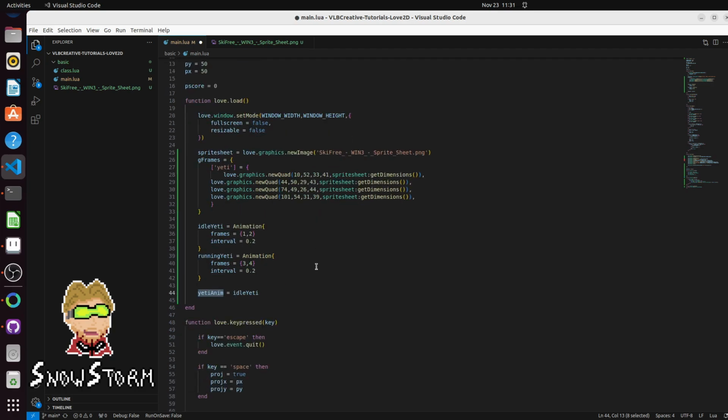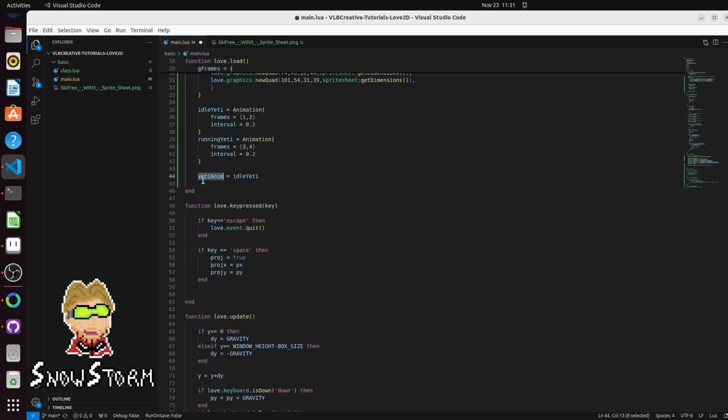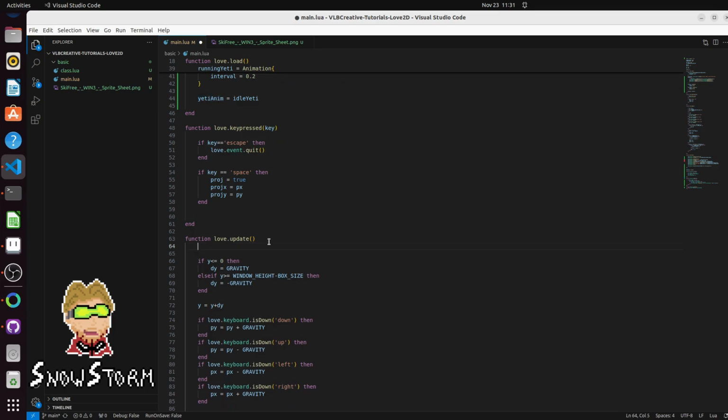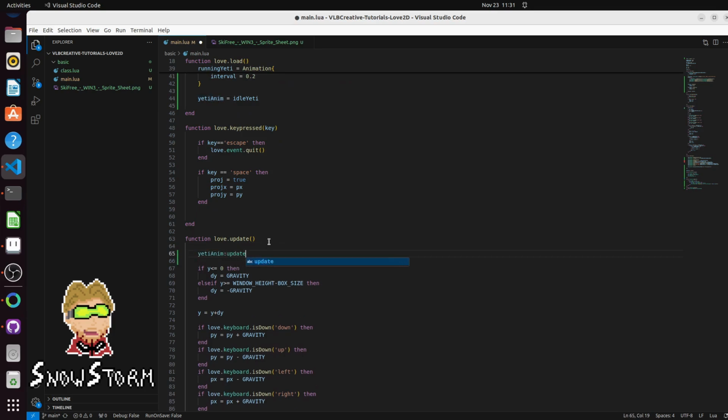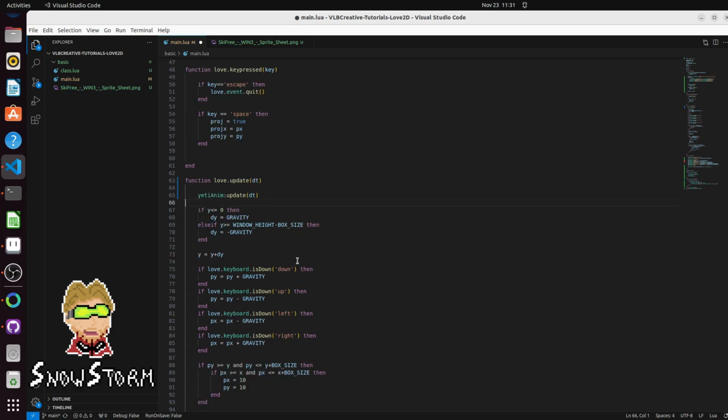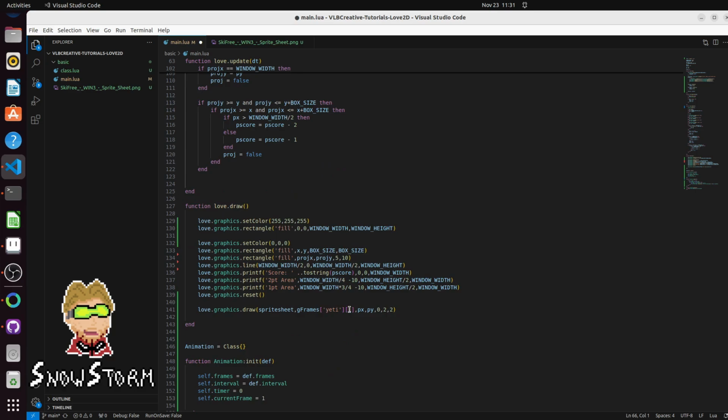Perfect. And so what we need to do, so Yeti anim essentially now is also an animation object. It's just equal to the idle Yeti. And so in our love.update, what we're going to do is update our Yeti animation. It needs the delta time, so we're going to pass in the delta time. And so now the game, every frame is going to update, and then every frame our Yeti animation is going to update. And so if I go here and I replace this one with our Yeti anim, and then I call the getFrame function that we created,